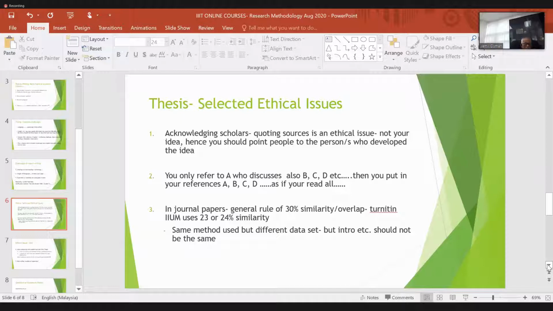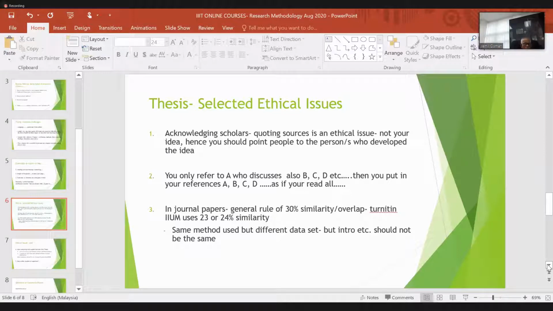Acknowledging scholars, right? Quoting sources. This is really a very important thing for thesis research reporting or writing. Sometimes, in some cases, people always talk about the commercial value of why you need to acknowledge. In other words, today, if I don't quote somebody, this is a copyright issue. So publishers are very careful. They want to make sure that in your manuscript, you are not plagiarizing. Yeah? But this is very much seen from a commercial angle, right? Because they worry that they will be sued later.